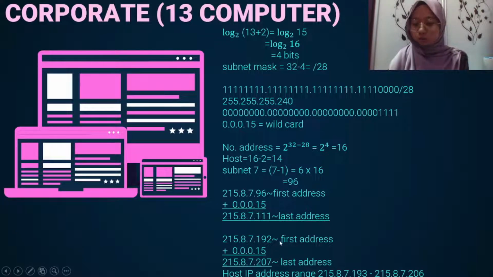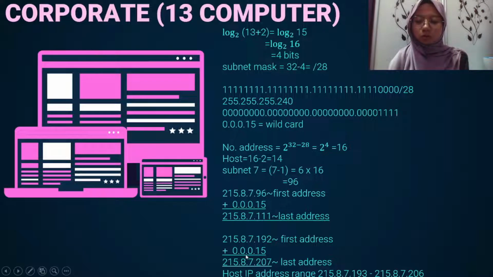Before this, from the site office, the last address of the site office is 191. So we just use this 192 for our first address of this corporate. We just add it with the wildcard,